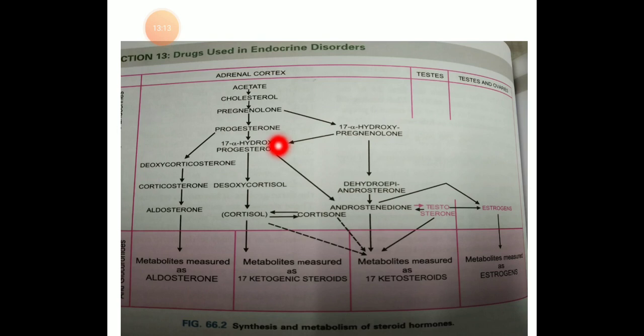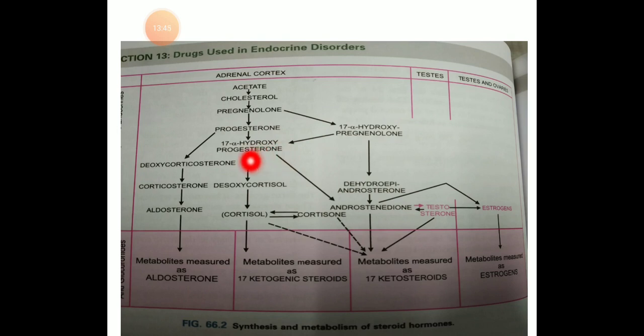After progesterone, the synthesis pathways separate out for the three groups of hormones, and they are formed and not stored in the adrenal cortex in any significant quantities. Administered cortisone is converted in the body to the active compound cortisol. The secretory rate of cortisol is around 10 milligram per day, and that of corticosterone is 2 to 4 milligram per day. So what are the various steps in the synthesis which are governed by specific enzymes?